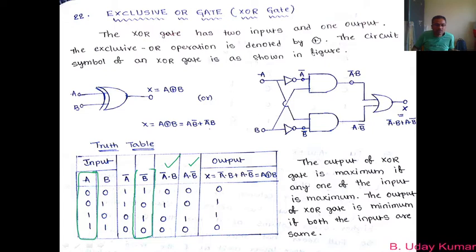Okay, so now in this case, here A is 0 and this is 1. So 0 into 1 is 0, you know that, and similarly this is 0 and this is also 0. So 0 into 0 becomes again 0. Similarly this is 1 and this is also 1. So you know that 1 into 1 is 1, into in the sense dot. Okay, this is 1 and this is 0. So 1 into 0 is 0 here.